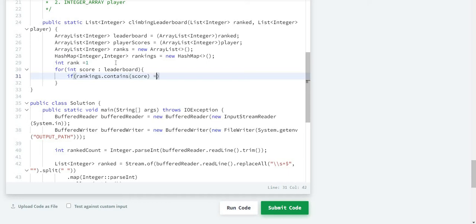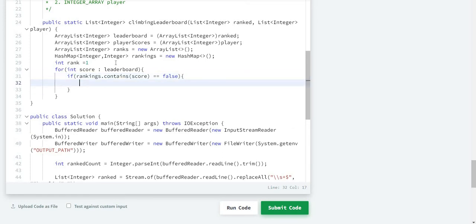If it does not contain this, then we are going to put this score as key and rank as value, and then we are going to increment it.